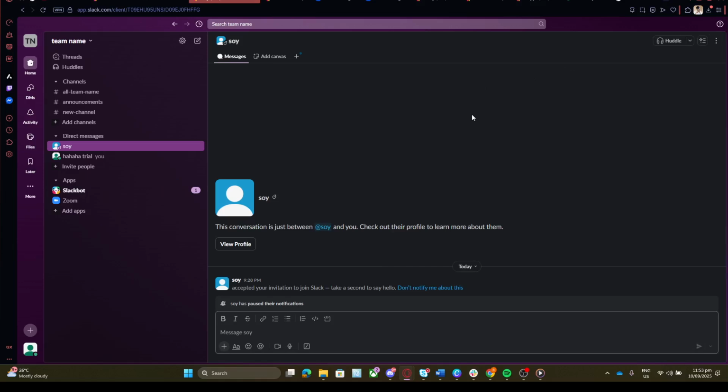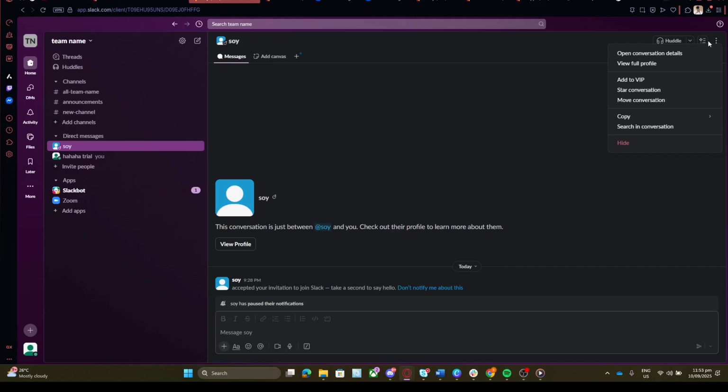Next, direct your attention to the top of this conversation window. You'll notice there are several icons and menus. Look for the More Actions menu. This is typically represented by 3 dots or a similar icon depending on your version of Slack. Clicking here will open up a list of additional options, which is where you'll find the commands you'll need to